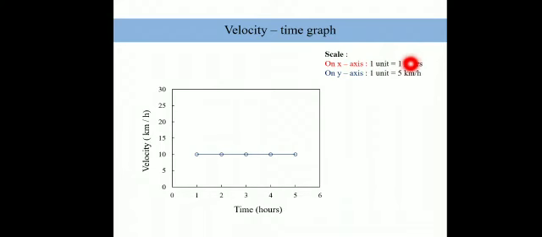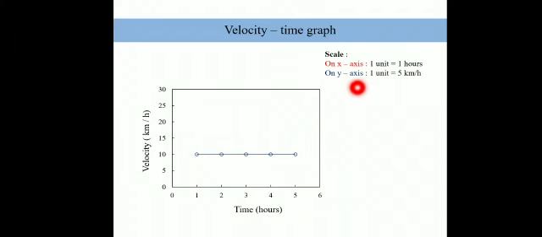We can also change it. We can write 2, 4. We can take this as 2, so this will become 2 plus 2 is 4, 4 plus 2 is 6, 6 plus 2 is 8, like that also. But here, 1 unit is given a value of 1 hour. So 1 hour plus 1 hour is 2 hours, 2 hours plus 1 hour is 3 hours.